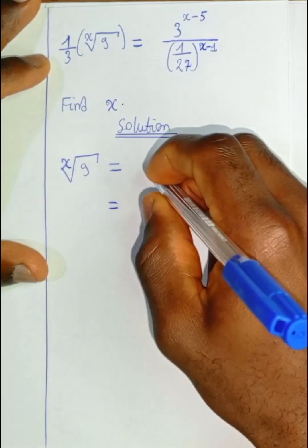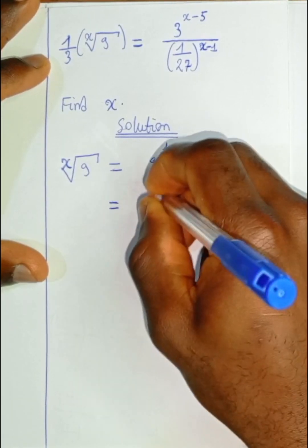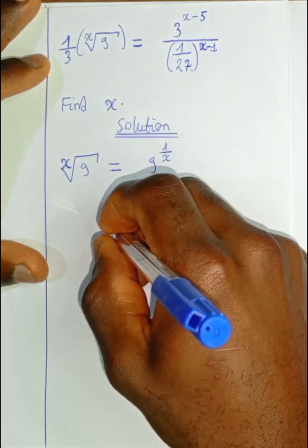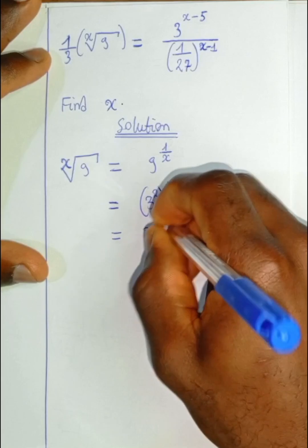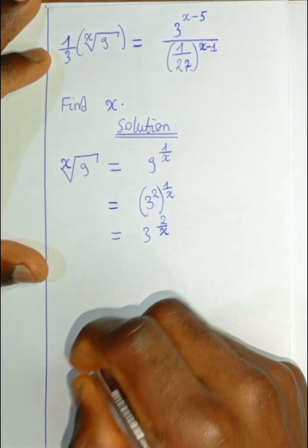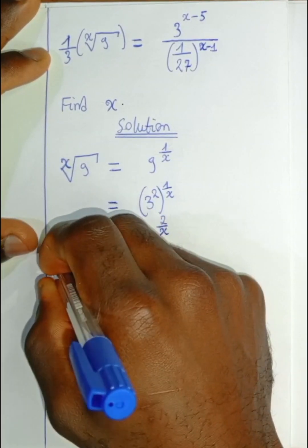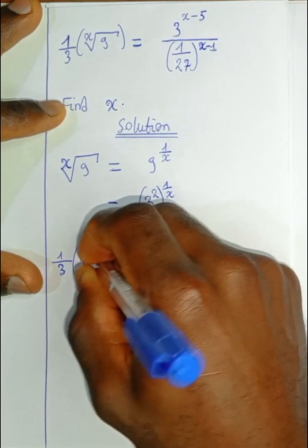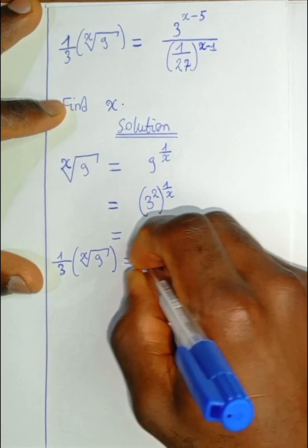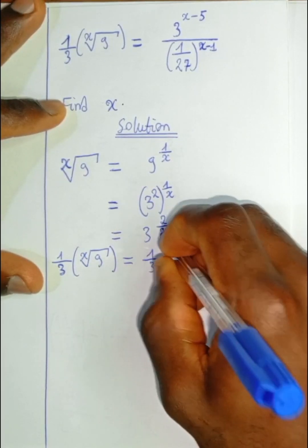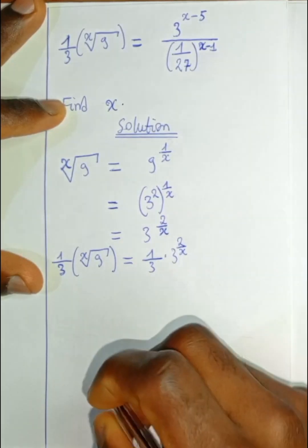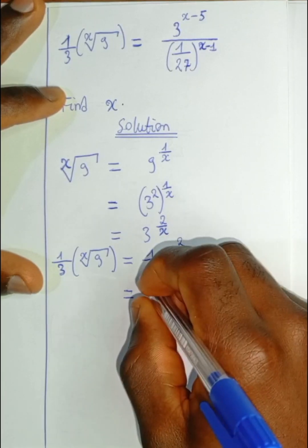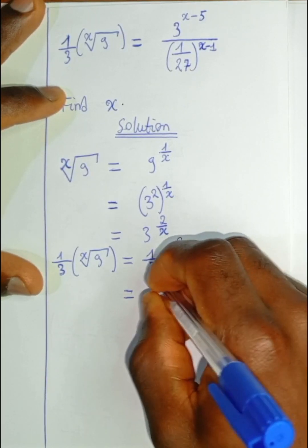This will simply be equal to, we know the number 9 in index form is simply 3 squared. This will give us 3 squared raised to the power 1 over x, which will simply be equal to 3 raised to the power 2 over x. If we take 1/3 times the x root of 9, it will simply be equal to 1/3 times 3 raised to the power 2 over x, of which this will simply be equal to 3 raised to the power 2 over x